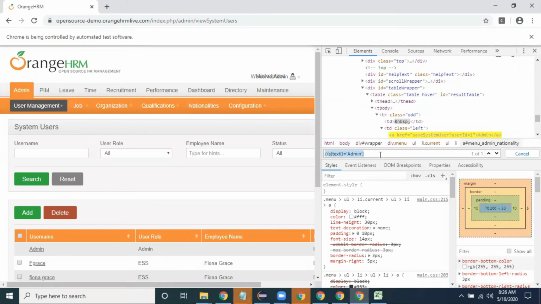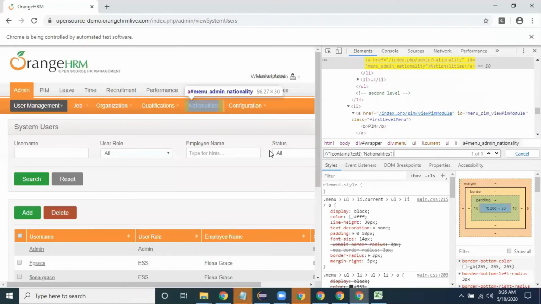Text of is equal to means exact label name it is checking. But the same thing, contains text of comma. Suppose I am mentioning nationalities, see that web element is highlighted. I can find some partial text also, whether it might be hyperlink, whether it might be span tag, means it is label.